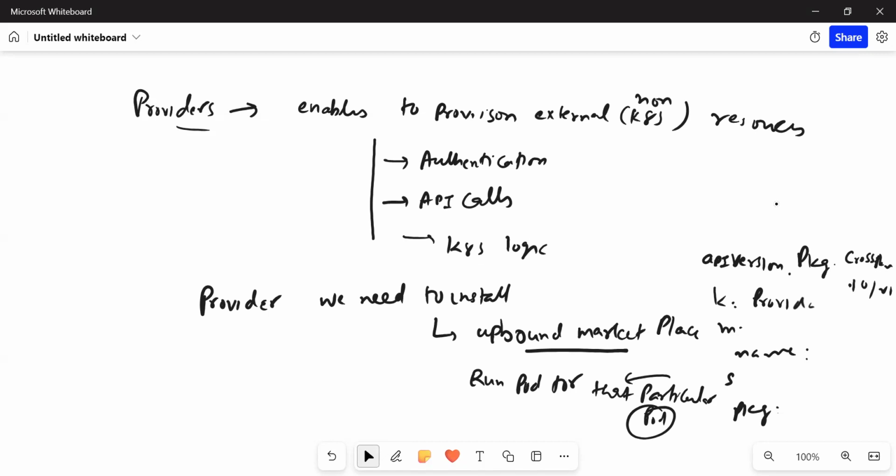Can we make our own provider? If I want to customize my own provider, in this session we will not cover that. Currently, whatever is available in the marketplace, we will try that one and see the things. Next session we will discuss the